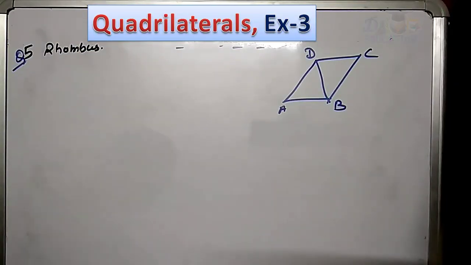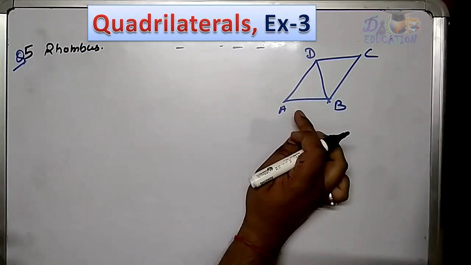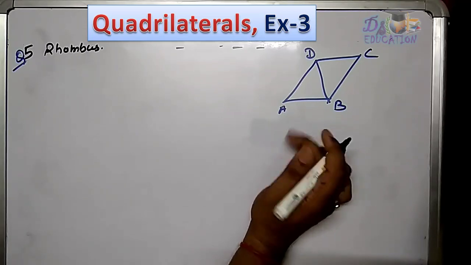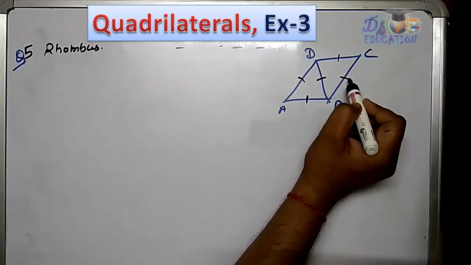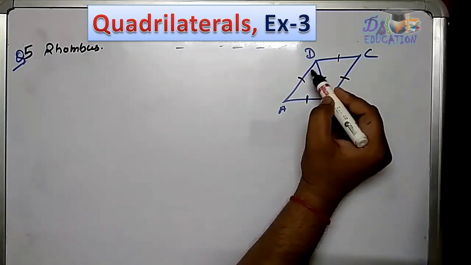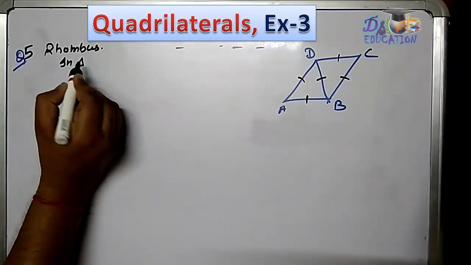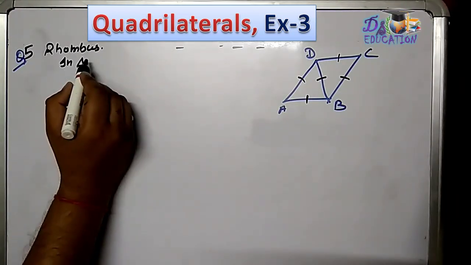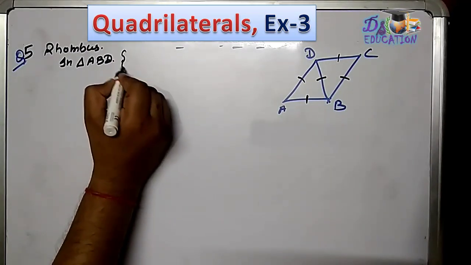Moving to the next question, it's a very simple statement question. A rhombus is given. The question says that one of the diagonals of a rhombus is equal to the side of the rhombus. So if I have taken BD, this side is equal to this and this. Now because all four sides are equal in a rhombus, if I talk about this triangle and this triangle, we have to calculate all the angles of the rhombus. So if I talk about triangle ABD, it is an equilateral triangle.